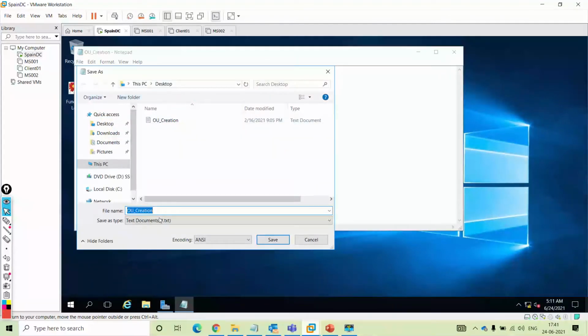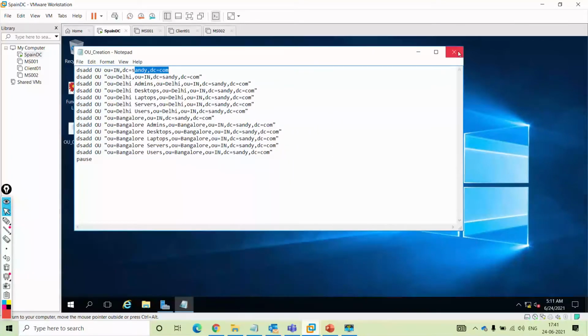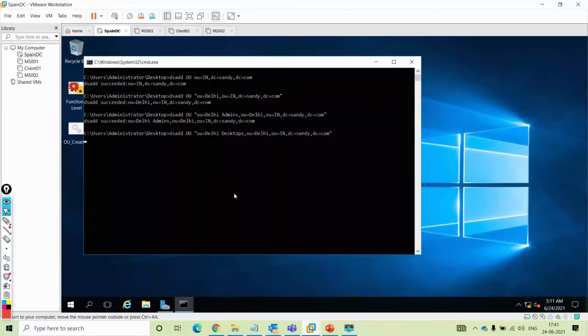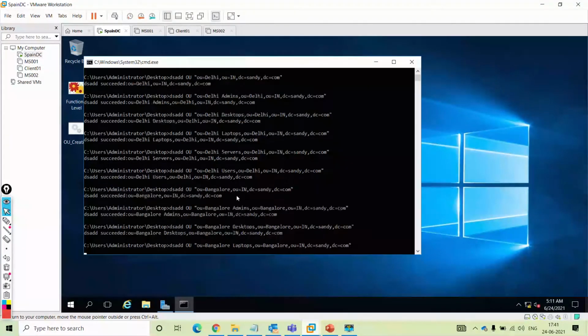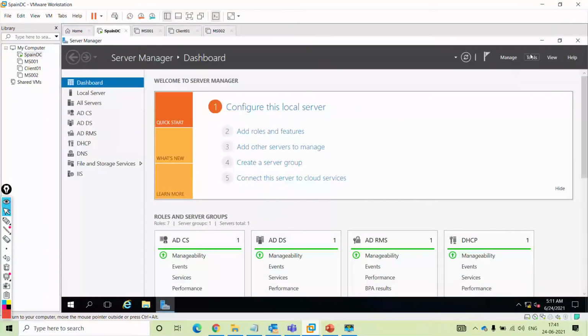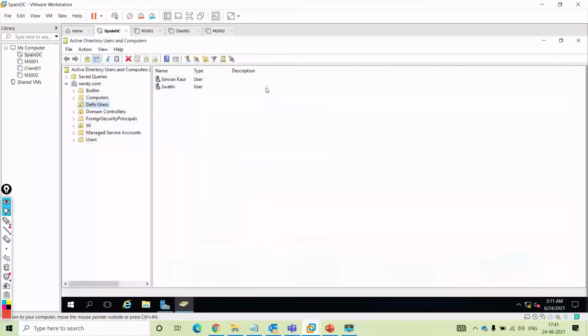So, desktop OU creation dot bat, and I'll give the quotes and save. I'll right click and run as administrator. You can see it has succeeded, right? Everything succeeded.